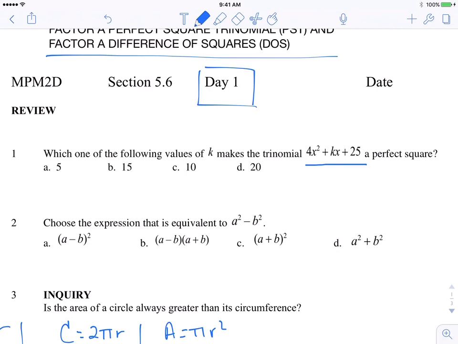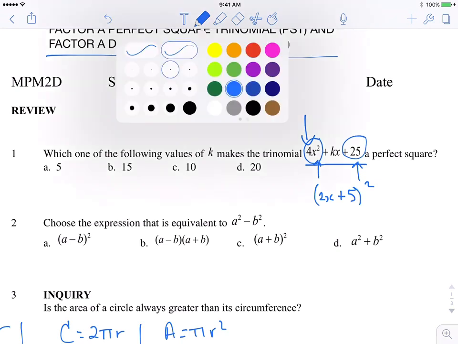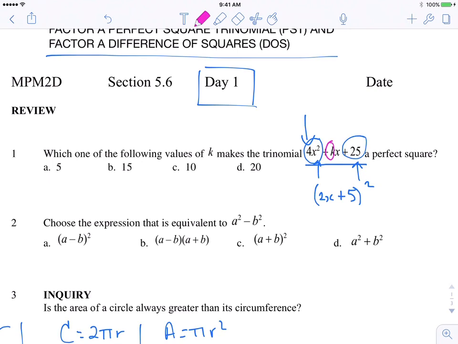a perfect square? Well, to be a perfect square trinomial, we have a perfect square here. 4 is a perfect square, and so is x squared. And 25 is a perfect square. So our first term and our last term are both perfect squares. Now, when you factor a perfect square trinomial, it looks like vertex form. So in this case, the square root of 4x squared is actually 2x, and the square root of 25 is a positive 5. And you'll notice that the middle term is positive